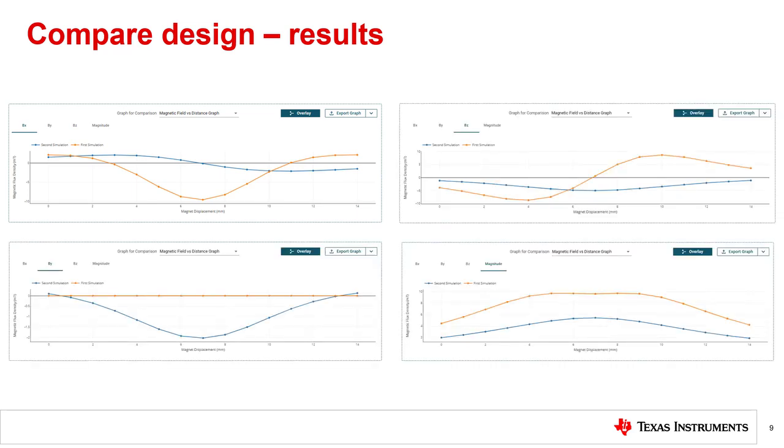Looking at these plots, we can see that rotating the magnet about the x-axis has resulted in the magnetic field seen on the x-axis of the first simulation being seen on the y-axis of the second simulation, though the second simulation's magnetic field is much weaker. This weaker magnetic field seen in the second simulation makes sense, as the magnet was moved further away from the sensor, resulting in an overall weaker magnetic field seen by the device.